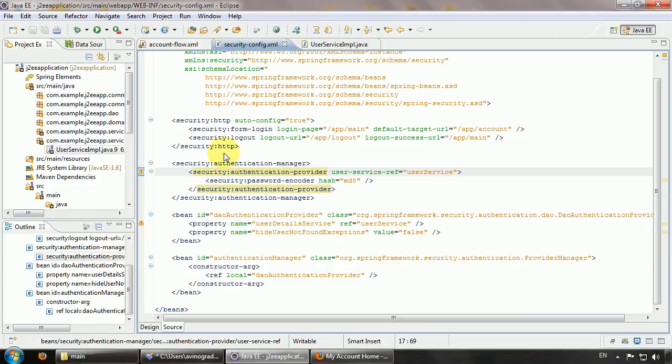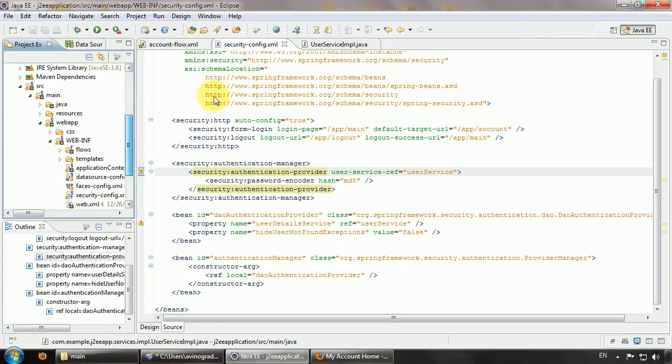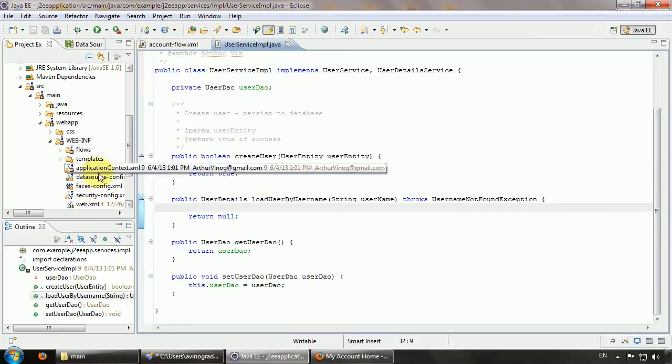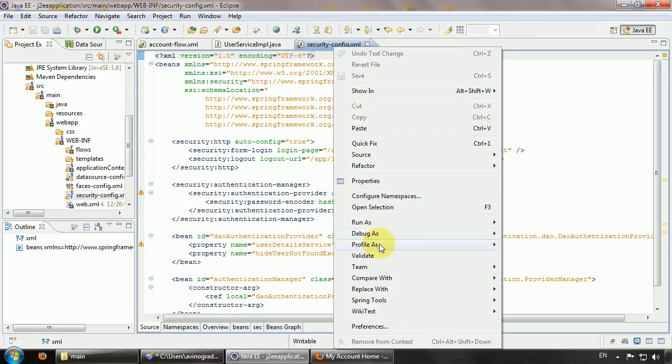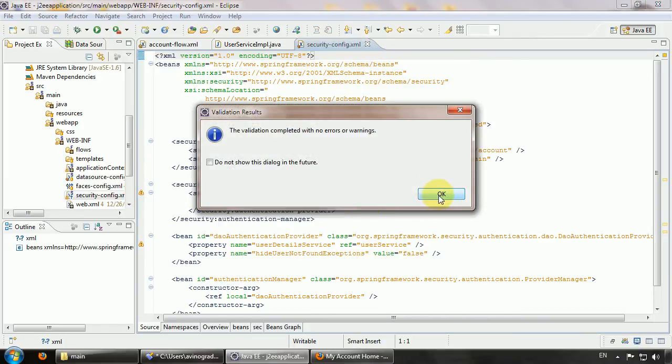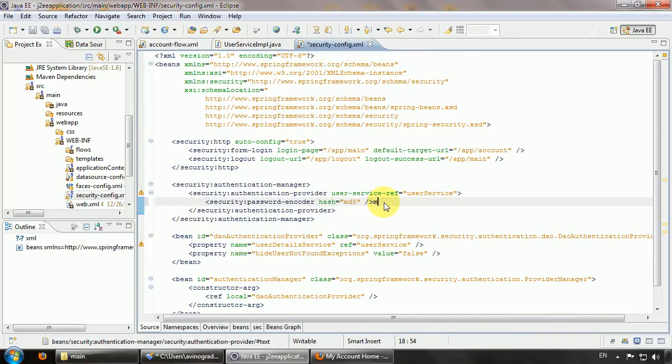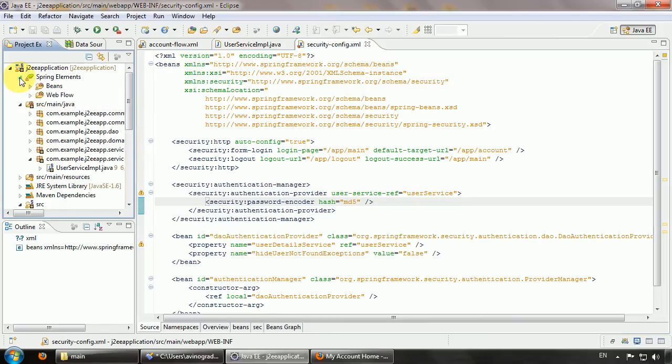I'll save this class, and here in security config we have the warnings, and I hope I'll close and open security config again and validate. Okay. Can't get rid of these messages. Probably this is a problem of